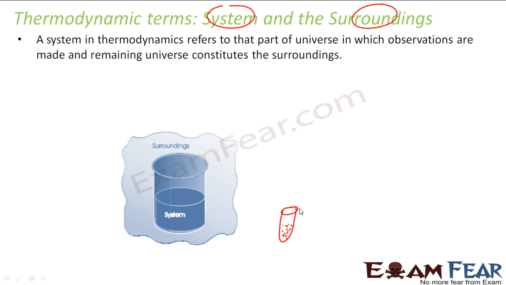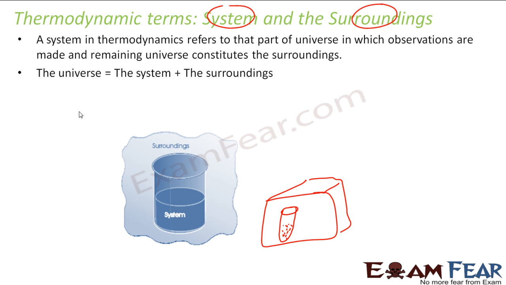So we should not take the whole universe. If you're doing the experiment in India, why take the whole universe, in fact the US also as part of universe, it doesn't make sense. So generally what we do is take the room where we are performing the experiment as the universe. But conventionally, the universe is nothing but system plus surrounding. Surrounding we generally take as the room where the experiment is happening, but technically the definition says the universe is